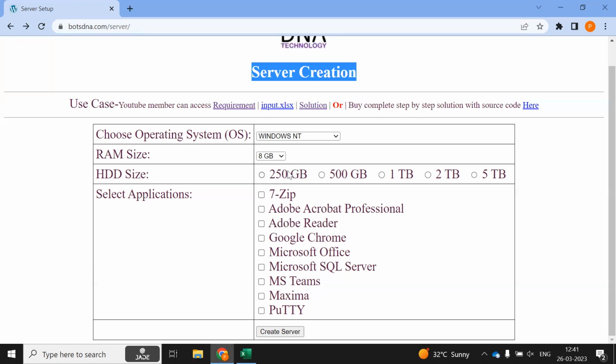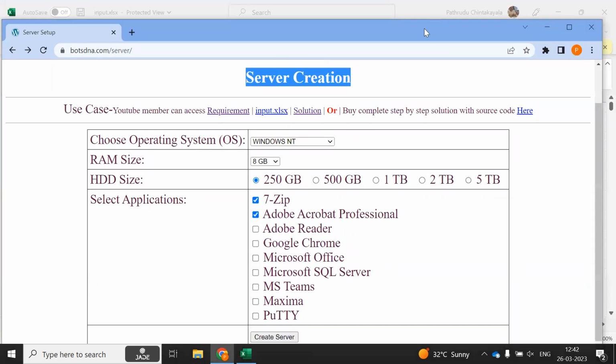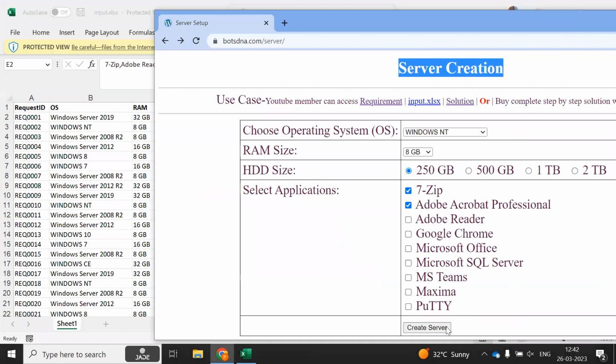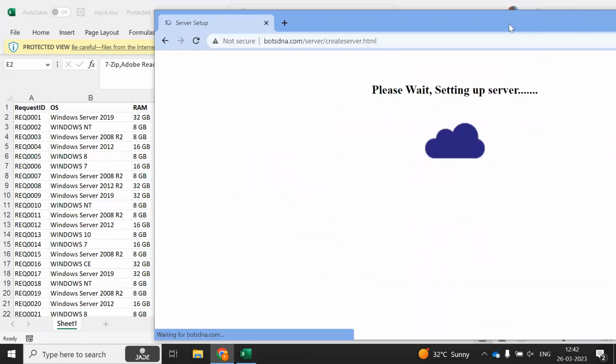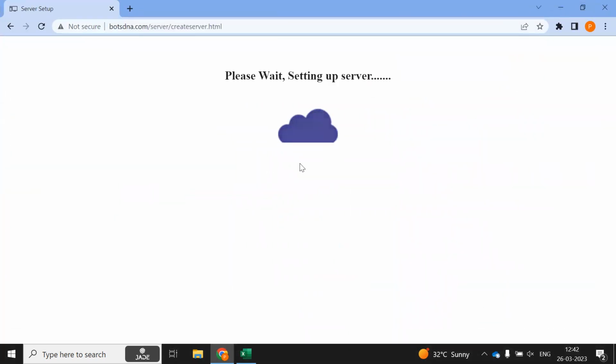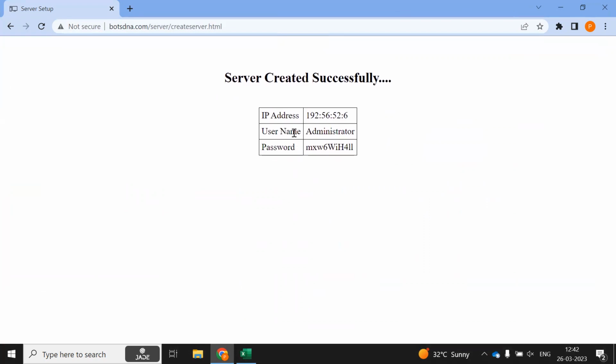Once we have done that, let me just select these two. So I'll click on Create Server. We need to wait till the server is created. Once the server is created successfully, we'll get this information, and we need to send this in an email,